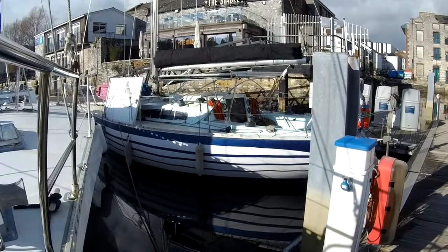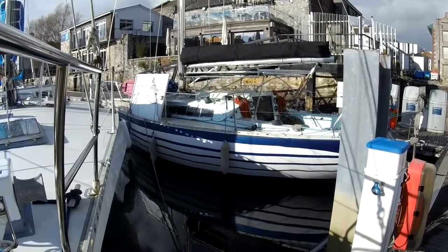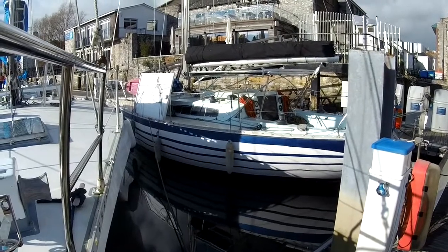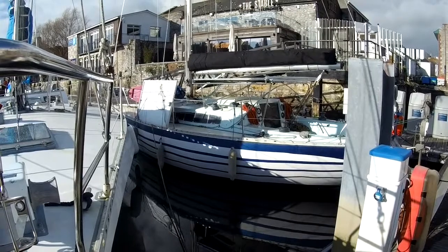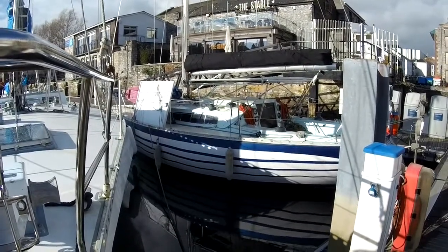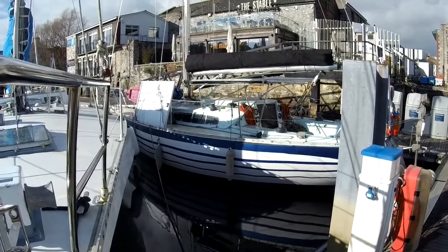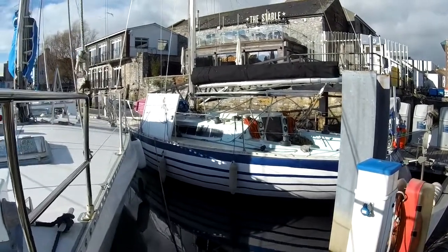So we wanted to fit them in a place that wasn't inconvenient. We didn't want it too high. We didn't want it hanging off the stern of the boat on some massive arch. And so I came up with a plan that really over where the spray hood goes. Now we've obviously taken the spray hood off because in some up and coming videos I'm going to show you about building a new spray hood. We make a new one, but